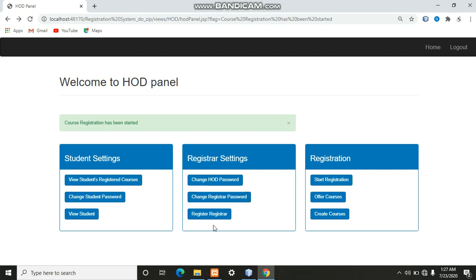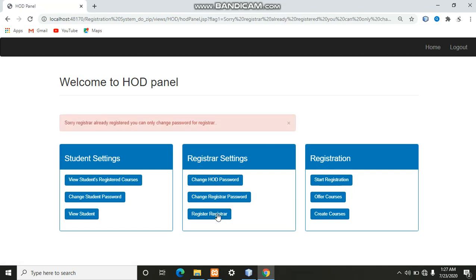After that, register registrar. That means if a new teacher or professor has come to the department and the HOD wishes to register the new professor as a registrar, then the HOD can select this option.